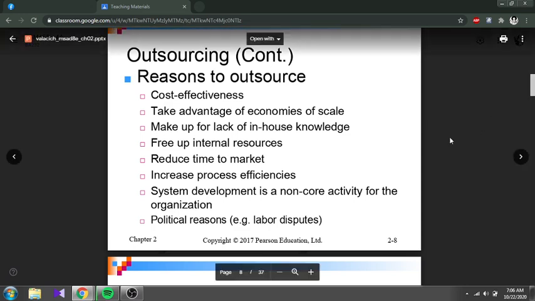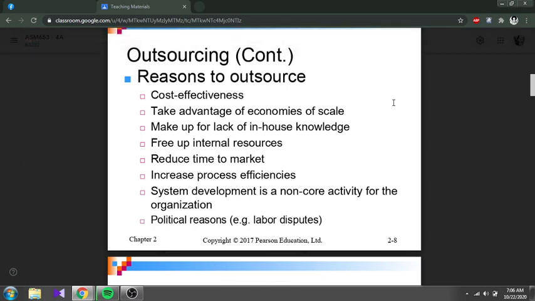And the next one is make up for lack of in-house knowledge. Maybe dalam company tu we have limited expert people on programming, so we can just hire people. Like sekarang ni, yes, at freelancer.com we can find people to make our system atau make our, what else lah, apa-apa je.